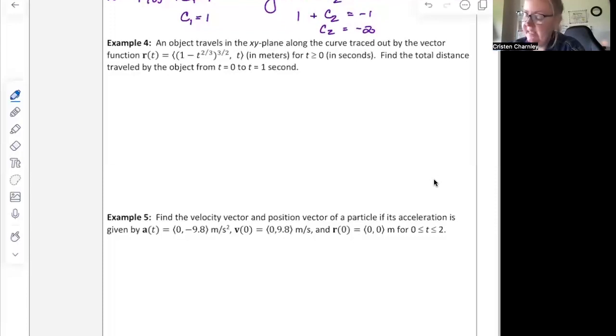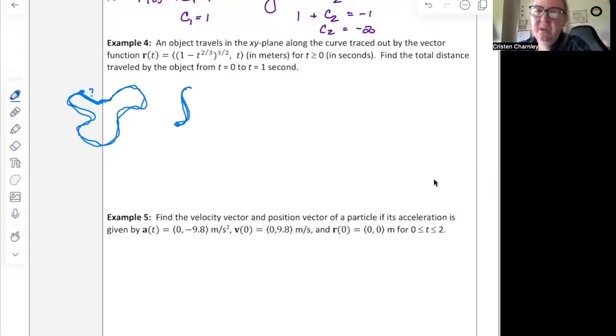So what happens here is we have something traveling along. Whatever it was went all over the place. For my object traveling along this curve, I don't want to know the displacement. I don't want to know how far it is from the beginning to the end. I want to know how far it traveled. Believe it or not, this is your arc length. So we're going to set up an integral. The integral in this case will go from 0 to 1. And inside, if you recall,